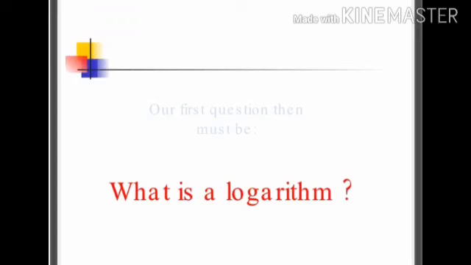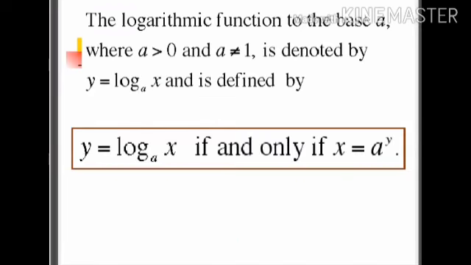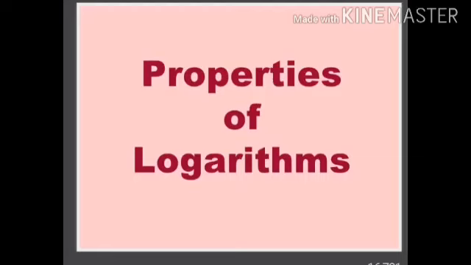What is a logarithm? A logarithm is defined as the power to which a number must be raised to get some other value. It is the most convenient way to express large numbers. In general, if a power x equals n, then we write x is equal to log n base a, where a greater than 0 and a not equal to 1, and n greater than 0 and n belongs to R. That means the logarithm of a positive real number n with respect to base a, a positive real number not equal to 1. Properties of logarithm.